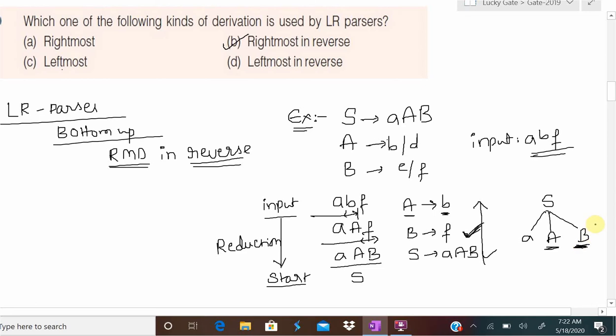That's why we say bottom-up parsers use rightmost derivation. B tends to F. But how are these derivations applied? In the reverse fashion. Next A is B. So what is the string to be parsed? ABF, that is parsed in the reverse of rightmost derivation. So the answer for this question is option